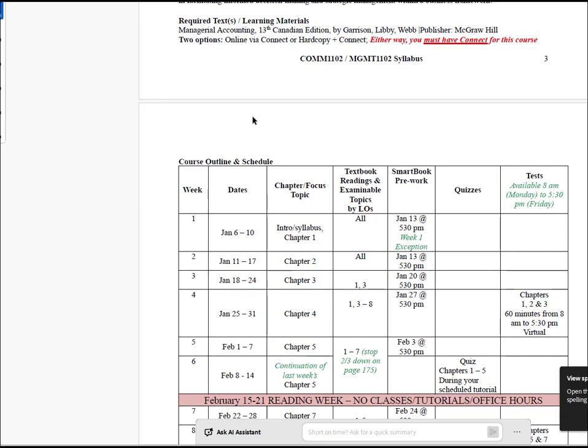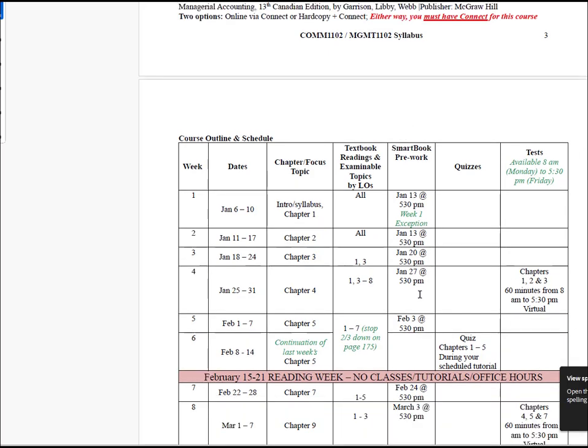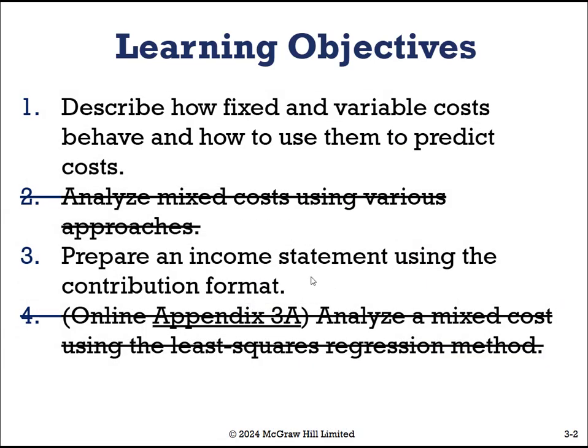Okay, so this is your syllabus, because it's singular. Apologies, not syllabi, but this is your syllabus, and so you'll notice that in the first 2 weeks, Chapter 1 and Chapter 2, all of the learning objectives are examinable, and yet here, Chapter 3, only 1 and 3 are examinable. So within Chapter 3, this is where we start to build on Chapters 1 and 2. And so we're really focusing in on going for depth on those learning objectives before we start layering on in Chapters 4 and 5. So I just want to show you where the slides are corresponding to your chapters